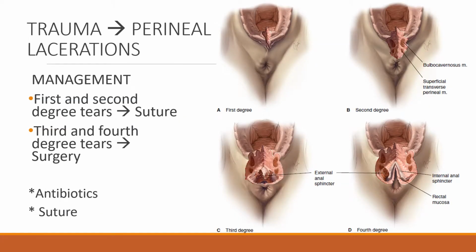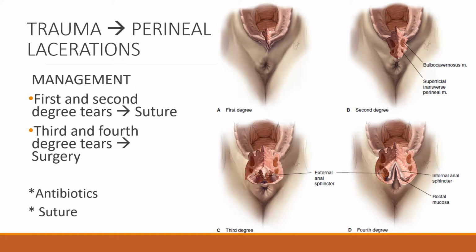So the first and second degree tears, we have to suture, and it's very easy. The majority of you will do it, or you have done many, I don't know, but we have to suture in the same place. We don't have to move the patient anywhere. And the third and fourth degree tears, we have to know, because the sphincter is affected, we have to